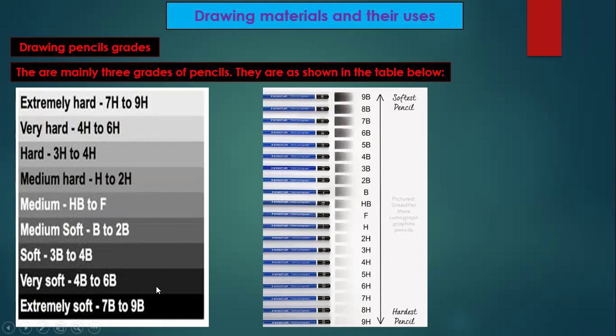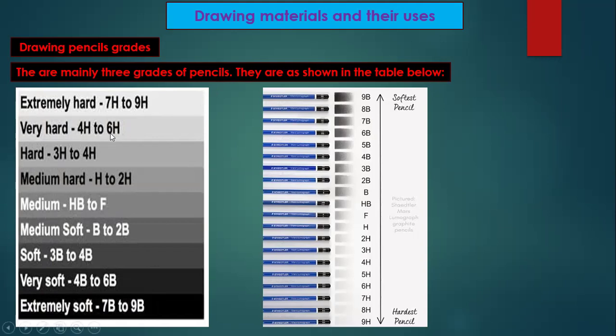Then let's talk about them here in this diagram. So for A7 to A9, we add them to be extremely hard. And if you look at the color that we have here, it's looking somehow white, just let me say it like that. Then we have